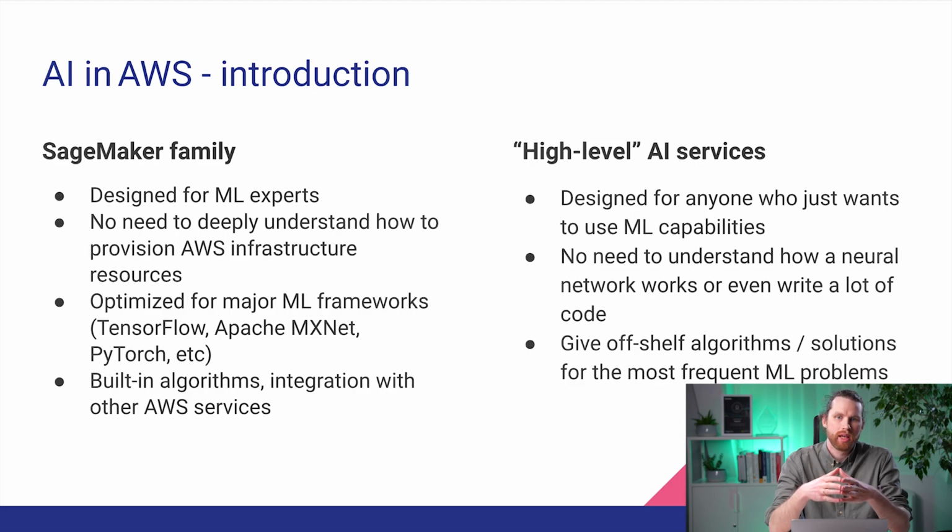So on AWS, if you have a pretty unique problem and you have got some machine learning expertise, but you still don't really want to deal with infrastructure provisioning, capacity planning, high availability and durability problems, I would highly recommend going with the SageMaker family. I said SageMaker family because there are quite a few SageMaker services out there in the SageMaker portfolio that covers basically the whole iterative journey of the machine learning